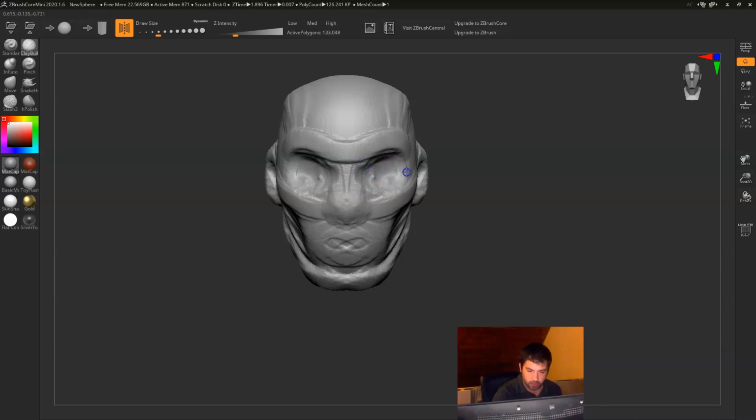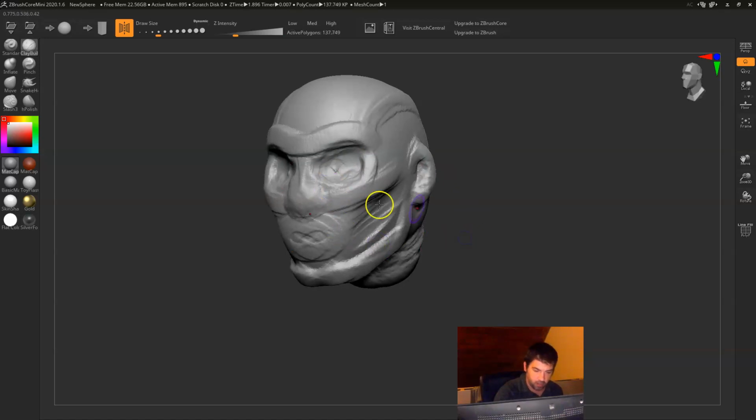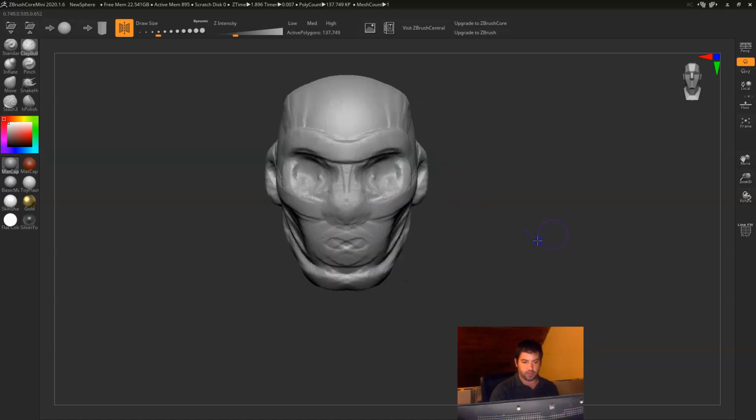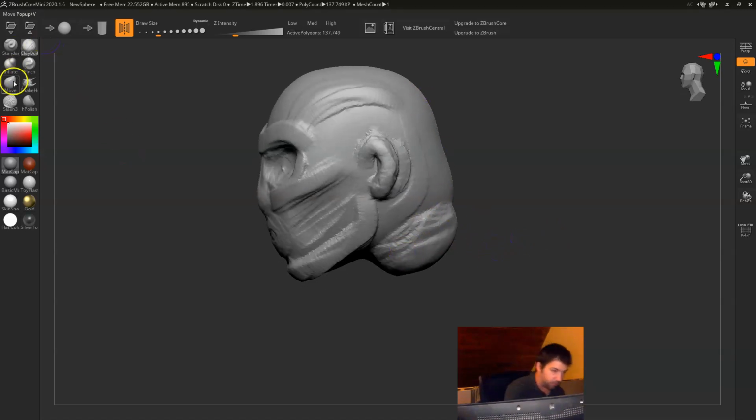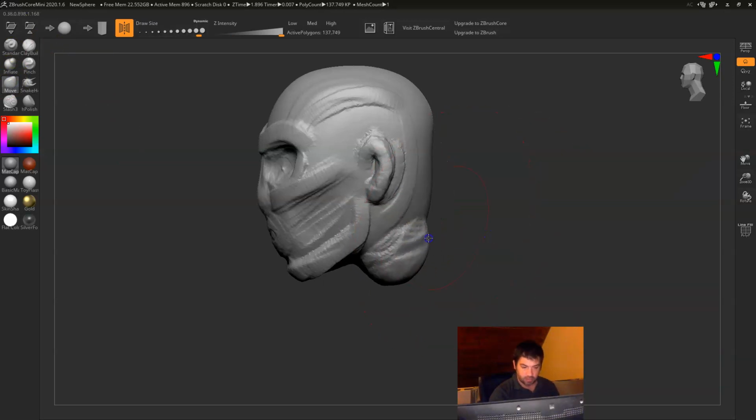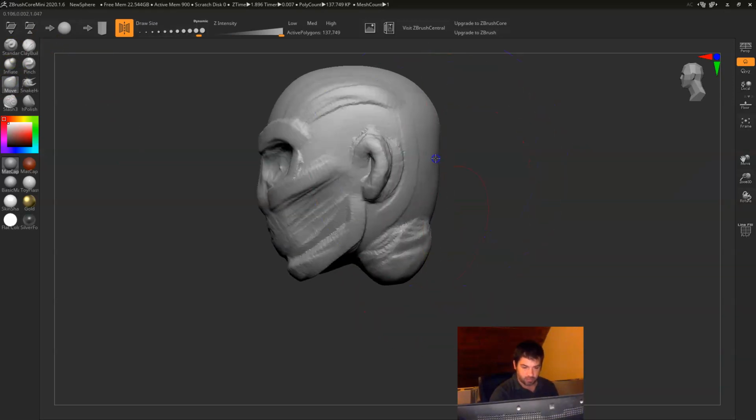All right, and then we'll just build that up a little bit. And now I am just going to build it up from here. He's also kind of leaning forward. Let me just fix that real quick. That's super annoying me. So I'm just going to make sure that his head is